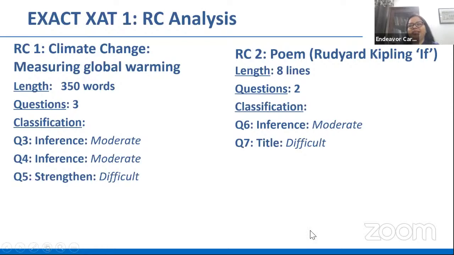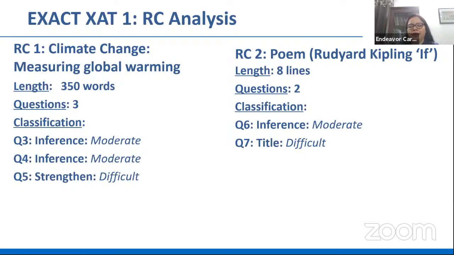The poem certainly was a very, very familiar one. I'm sure many of you have studied this poem in your school days. The poem is Rudyard Kipling's If, and just 8 lines out of it, one paragraph, one stanza of the poem. 2 questions. Actually, the title, if you know the poem, you have a background of this, then even the title wouldn't be difficult. But yes, the options of the title question were very close, and then you'd have to